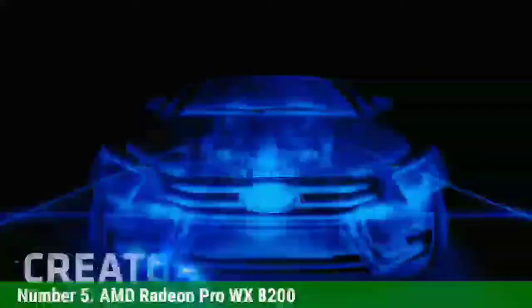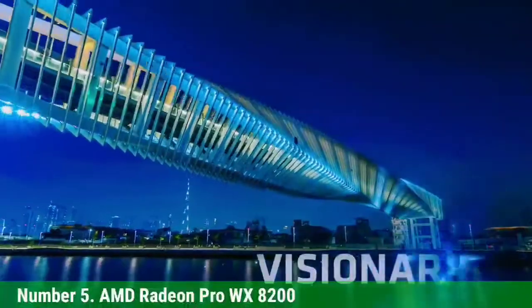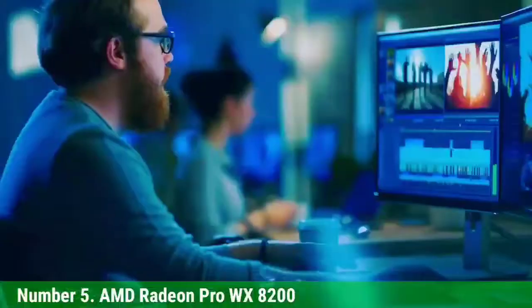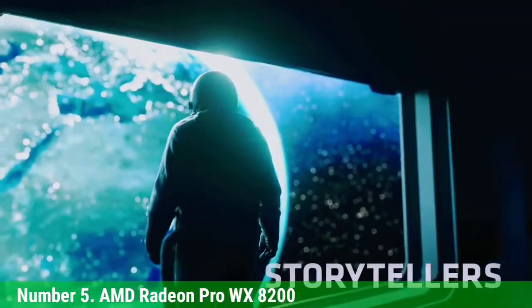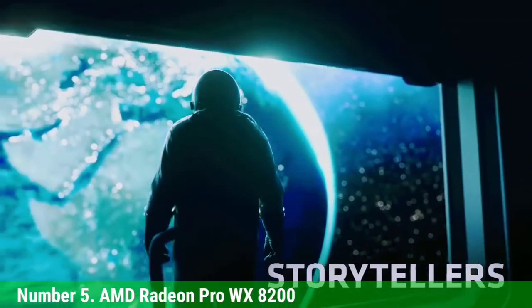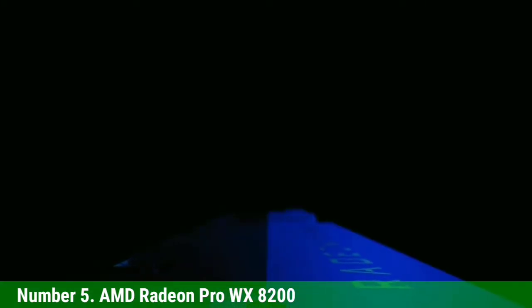Number 5. AMD Radeon Pro WX 8200. The AMD Radeon Pro WX 8200 is a bit of an oddball. AMD's focus with this card seems to be on memory-sensitive tasks. The 8GB HBM2 memory is more efficient than GDDR6, and it also has ECC support to ensure accuracy in sensitive